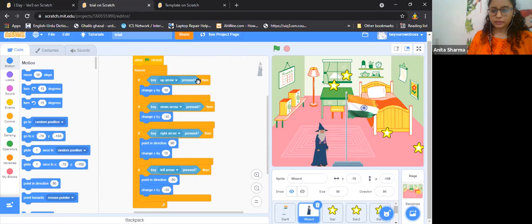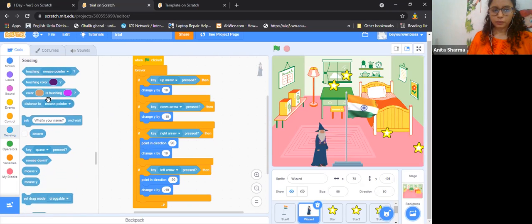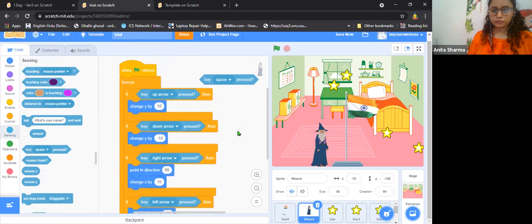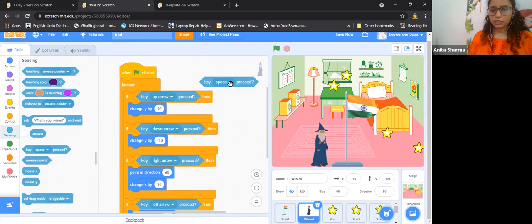Okay. And this conditional block you will be getting in sensing. So if touching, right? No, not touching, sorry. If we are controlling with the keys, right? So here is the key. I'll make it bigger. So here is the key space press.